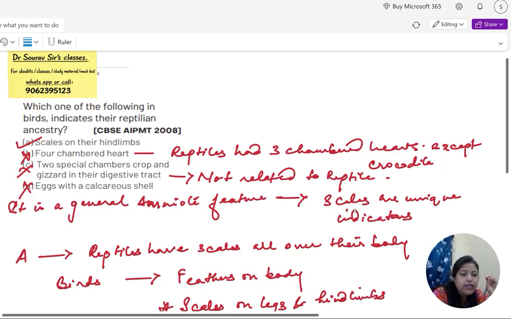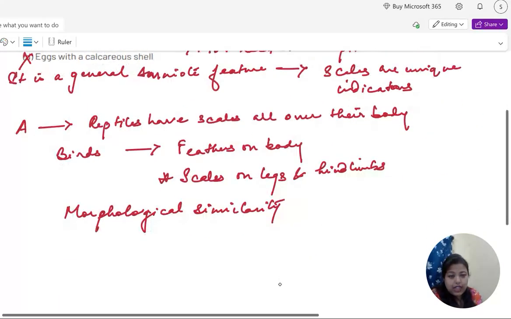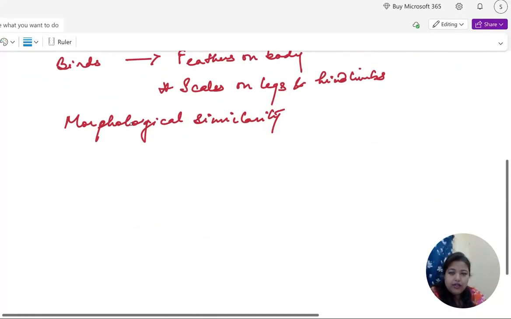NEET prefers more direct, structured answers, and you have got this one because the other is very general. So reptiles have scaly skin, birds evolved from them, then retain scales on their legs and hind limbs as evidence of ancestry. Nothing more to learn over here, and other reptilian features in birds that we can give out to you over here are: